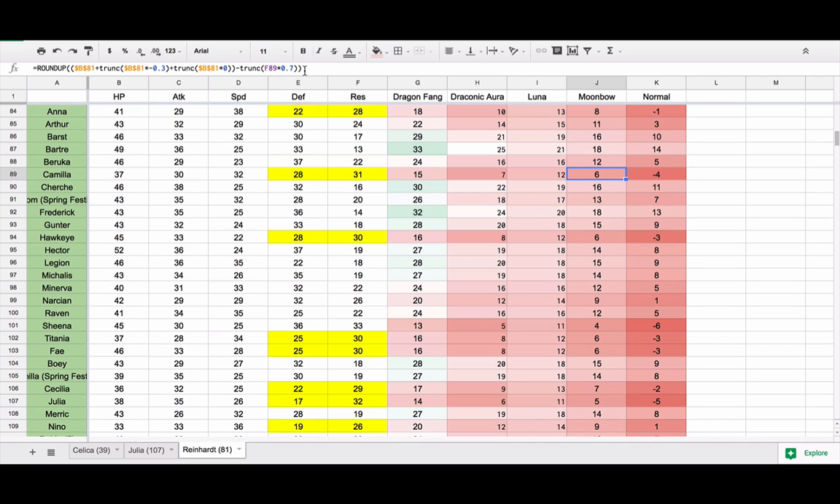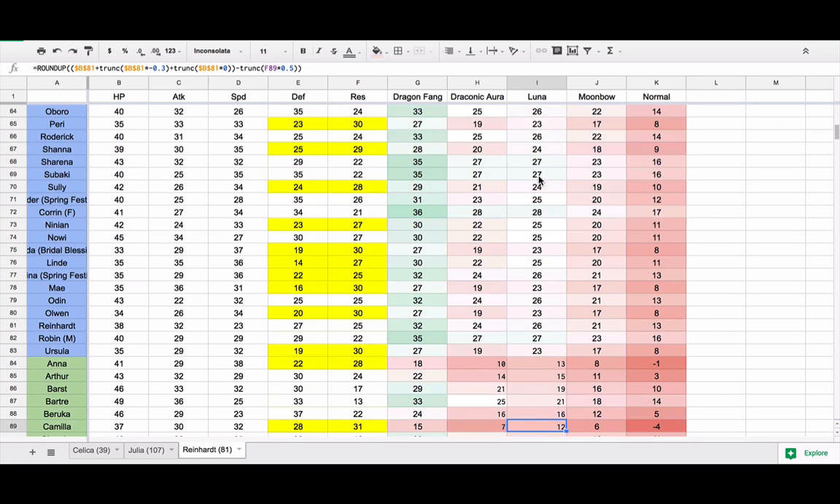Moonbow, he does some damage, but Luna does more damage, and so does Draconic Aura in this situation, because her resistance is so high, the shred actually makes a difference, and the flat damage from Dragon Fang and Draconic Aura don't equal the shred that you would get, because her resistance is high. But this goes back to the point that because resistance is lower in general, most of the time,